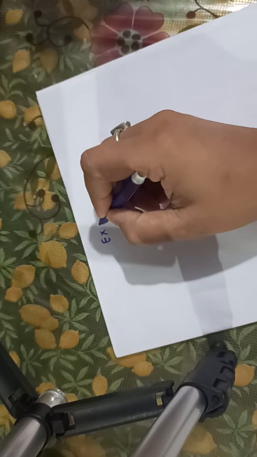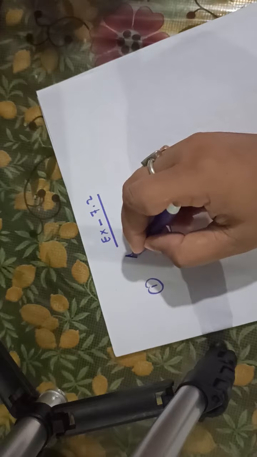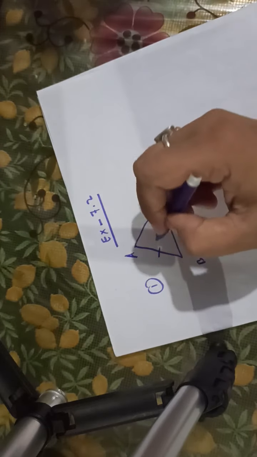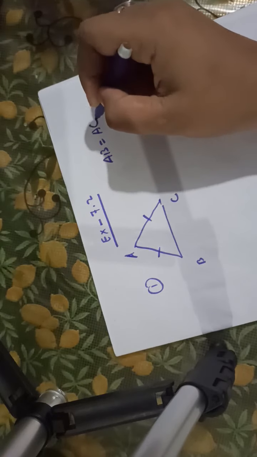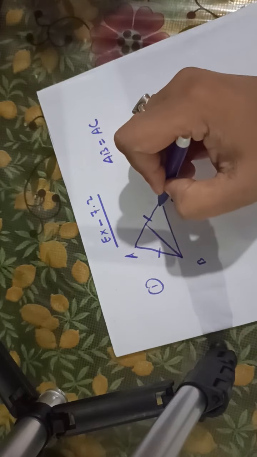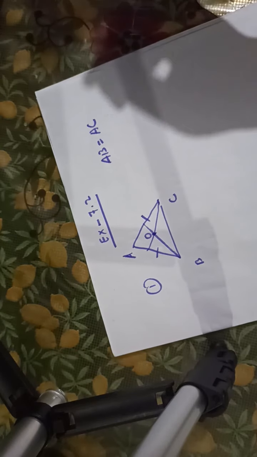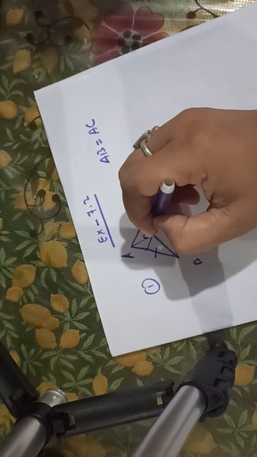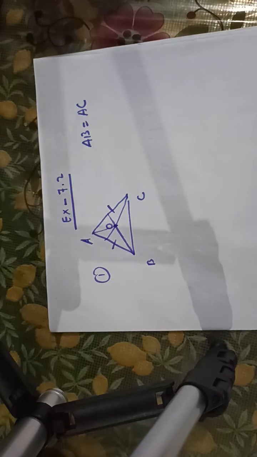So I shall start with my diagram. If I draw our triangle, it is ABC with given AB equal to AC. So your AB is equal to AC, it is already given. And bisector means half of angle B and half of angle C, both intersecting at your point O. Then you are asked to join A and O. So this part is already given.